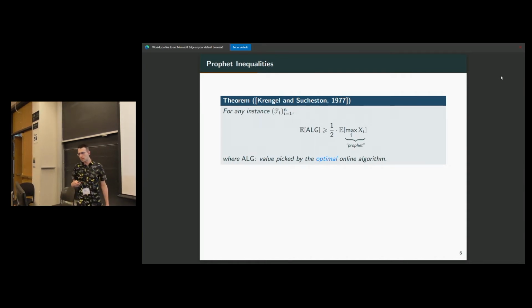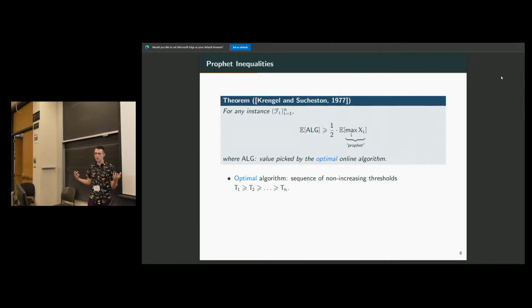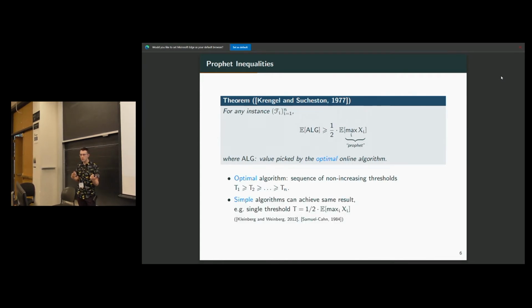Okay? And now, as was pointed out before, this is true for the optimal algorithm. And what do you mean by optimal algorithm? This is the algorithm you will get if you, for this particular instance, do a backward induction argument. And basically, you will come up with a sequence of thresholds, T1 through Tn. And when you're trying to make a decision whether to hire the ith variable, you just check if it is above the threshold or not. Okay? But there are also much simpler policies that achieve the same competitive ratio. For example, setting a single threshold. So you use the same threshold for every variable to make your decision, which could be set by this function, for example.